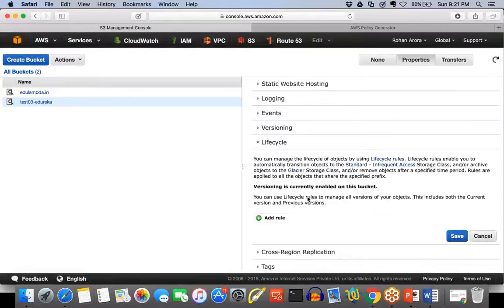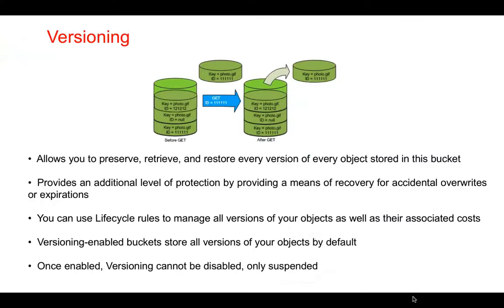It comes with a cost. You can create some lifecycle rules that can help you to manage the different versions of different objects, and you can change the storage option or the storage classes of your objects. First thing first,